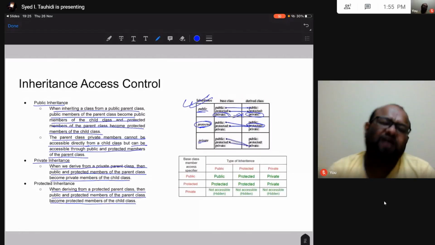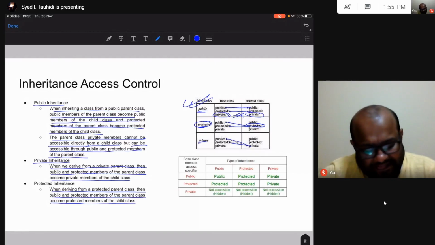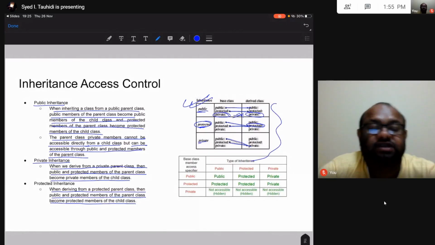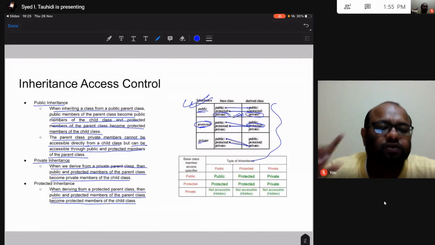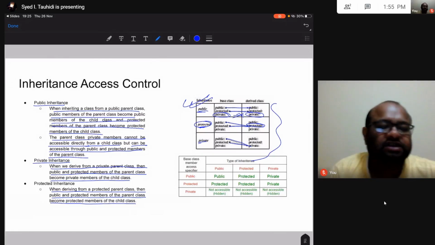Alright, so remember this. Very simple to remember, if you remember what happens to this access specifier. So I'm going to tell you one more time, and you are going to remember after listening to me.